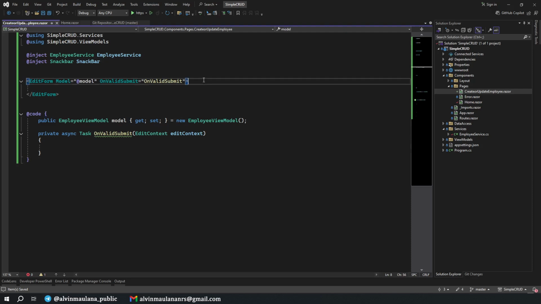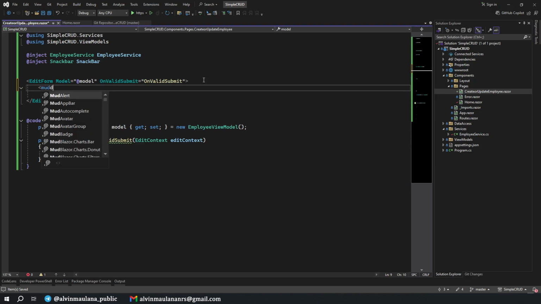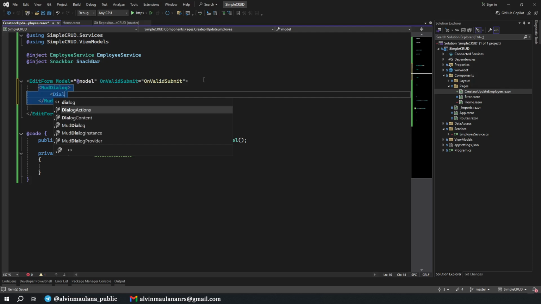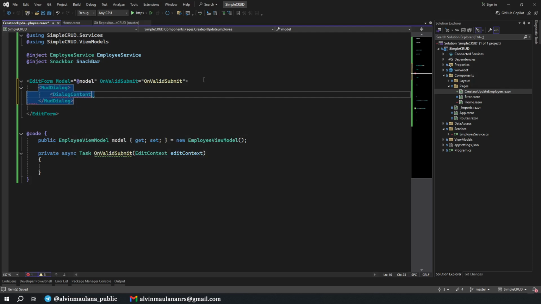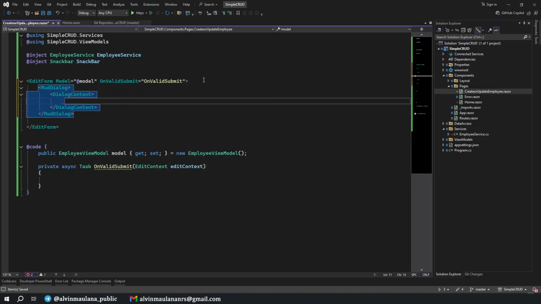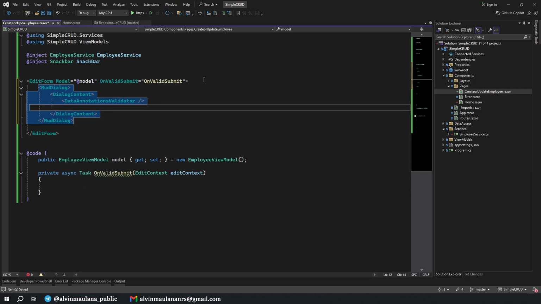And now let's design our MudDialog. We have a dialog content. Where is the dialog content? We will have data annotation validator, close it. This is required for our data annotation function.